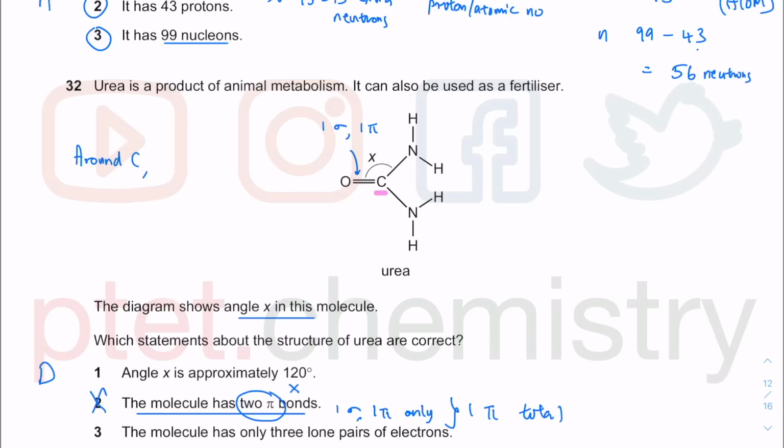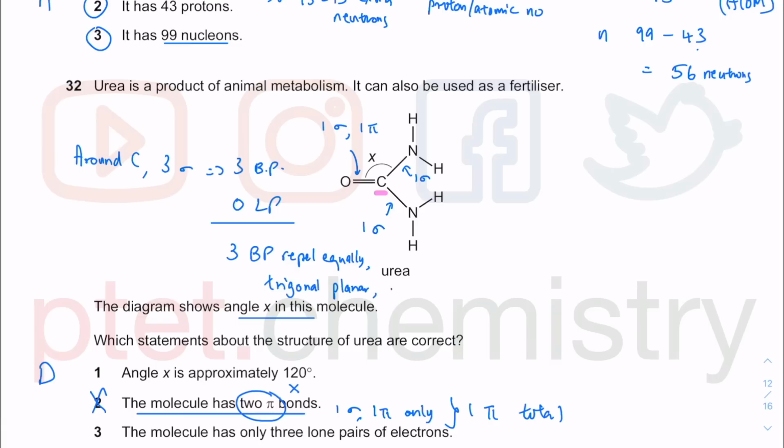Around the carbon, we have 1 sigma there. We have another sigma. We have another sigma. So altogether around the carbon, we have 3 sigma bonds. This means there are 3 bond pairs of electrons. In terms of lone pairs, this carbon forms 1, 2, 3, and 4 covalent bonds. There's 0 lone pair left on the carbon. In the absence of any lone pair, the 3 bond pairs repel equally. So what you get is a trigonal planar geometry, and this trigonal planar geometry has this bond angle